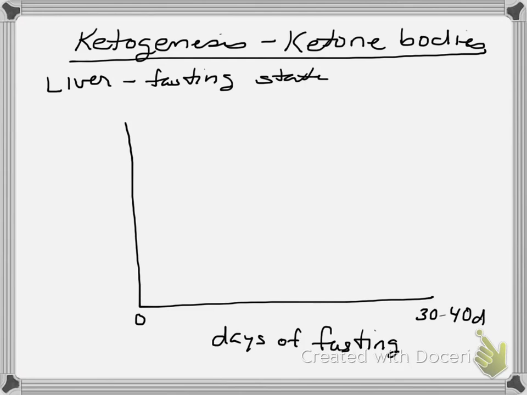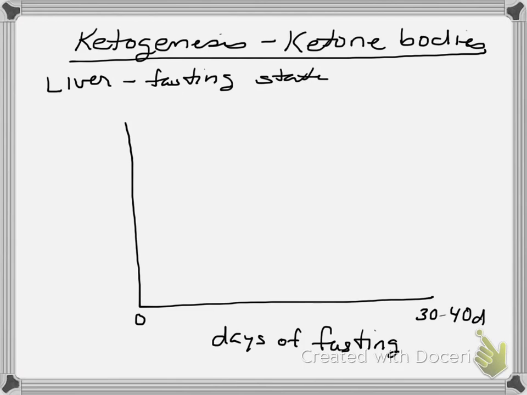Now, the main feature of ketogenesis is that you can consider it a last-ditch response of the body taking care of itself before starving to death. And the purpose of ketogenesis is largely to produce energy for the whole body, but it's mainly to supply the brain with sufficient fuel in declining glucose conditions.